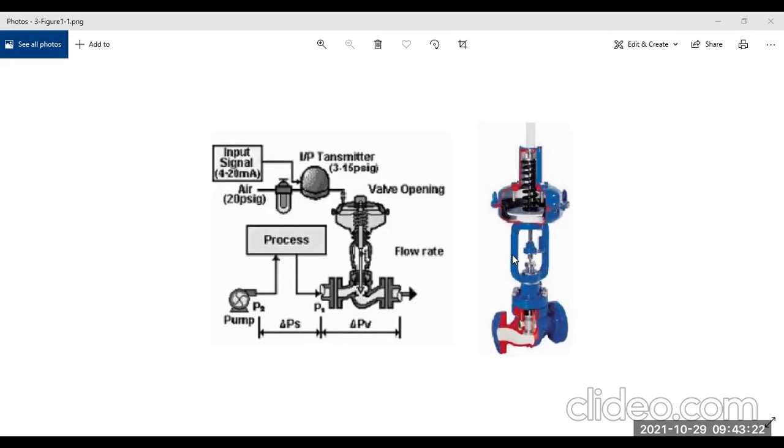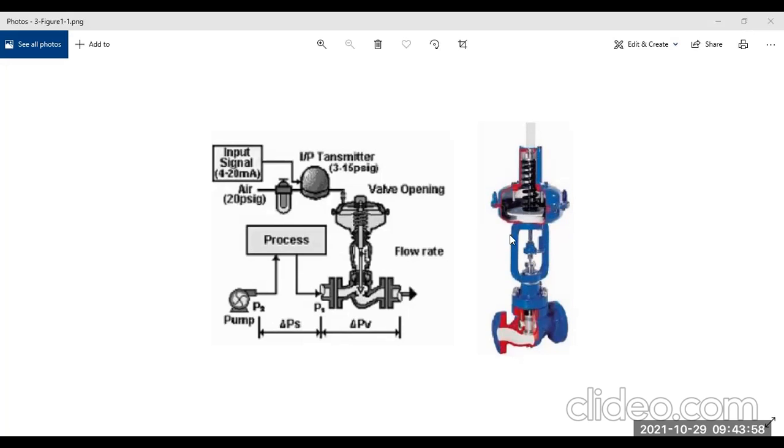The application of this pneumatic controller part: in our process control industries, sometimes we have to measure temperature in a device or furnace, so we use the pneumatic controller. Sometimes also flow rate measurement, and pressure measurement. These are the broad areas. So pneumatic controllers are used in automatic control systems.